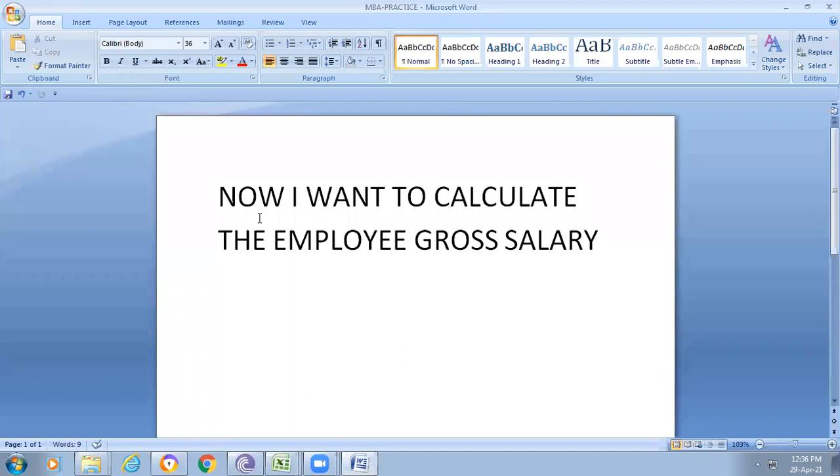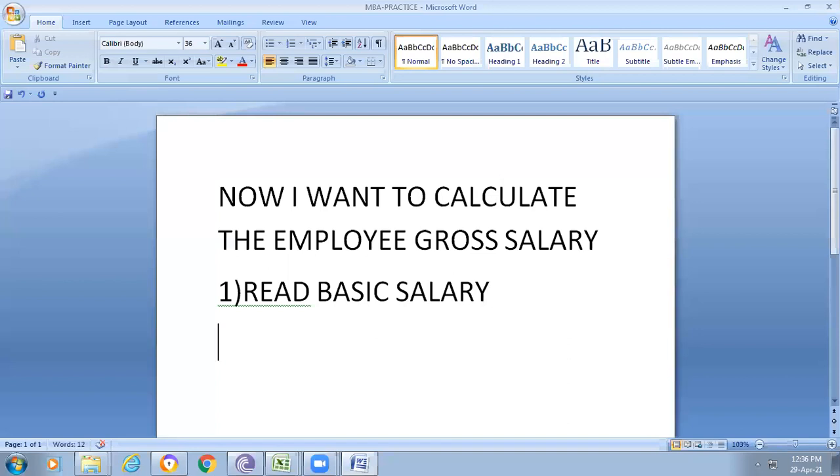First of all, we read the basic salary. This is the first thing. Reading the basic salary means here we enter the basic salary value. Next we calculate the gross salary. We already did this in the classroom, so we just practice again.